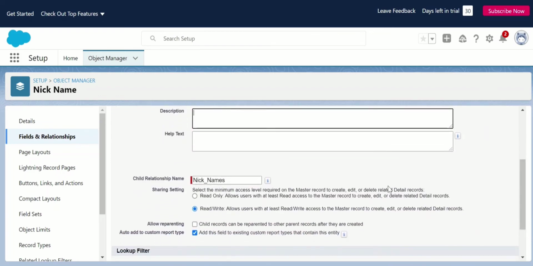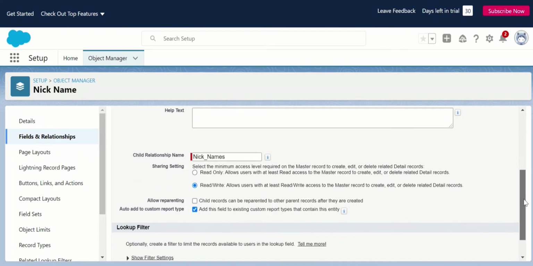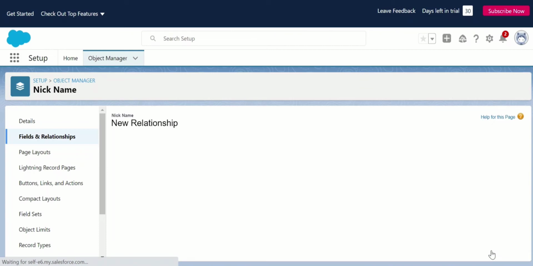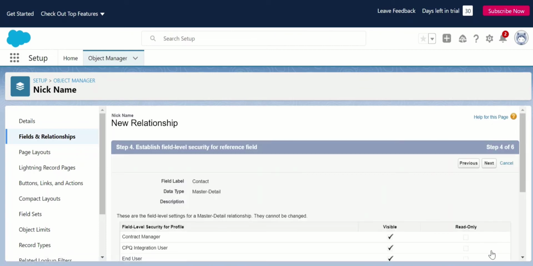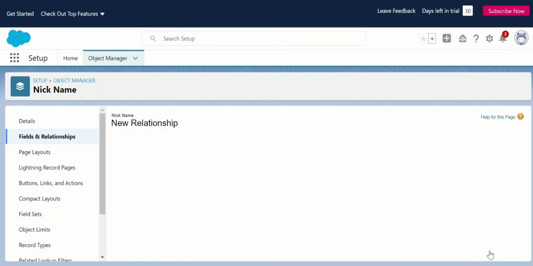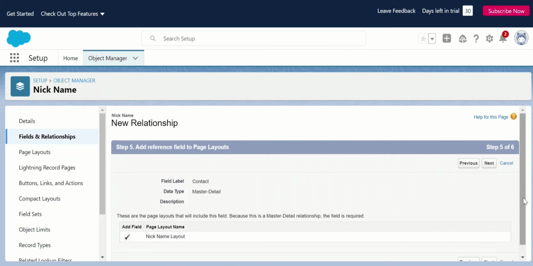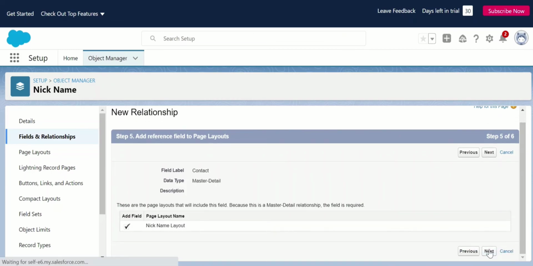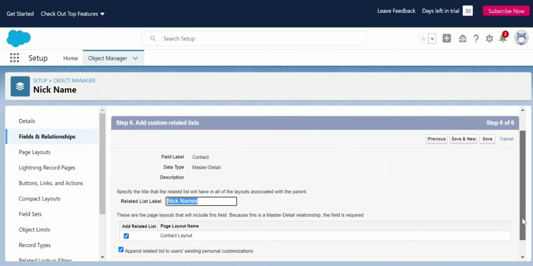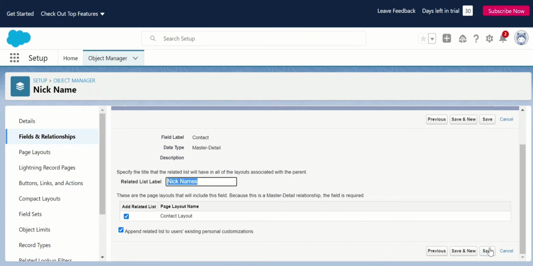So this is the child relationship name. Next, next. This is the related list label. Save.